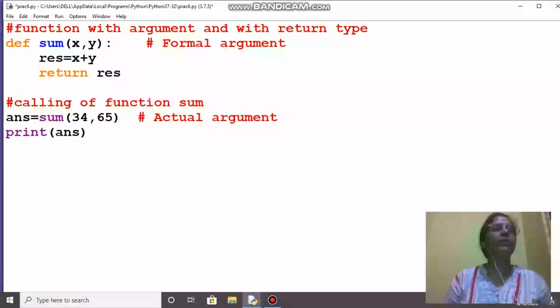So res will be returning its value to the left-hand side of the calling of sum, that is to ans, and then we are printing ans, or whatever work we want to do with ans we can do. So from here calling started, receiving, and then returning from here, and returning is done, given to ans. So both things are there, argument also and returning also.